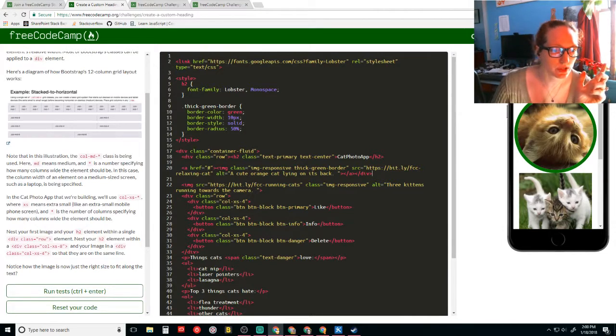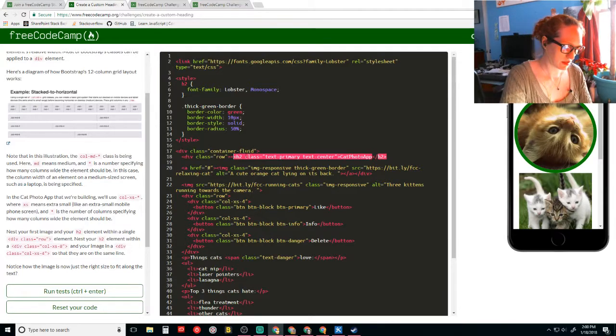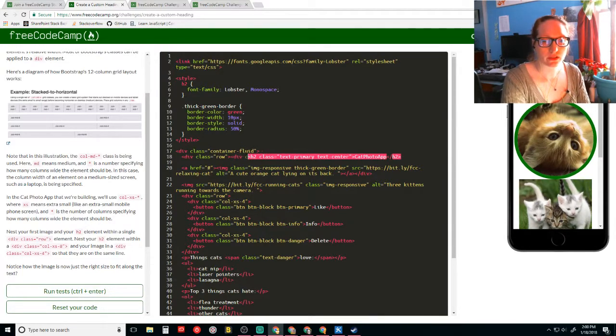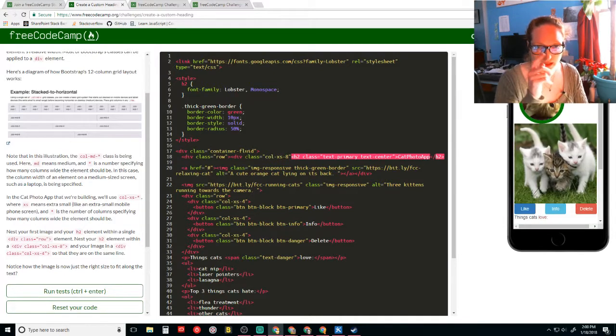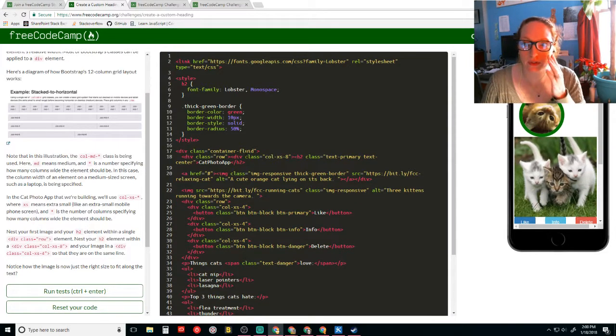That's the H2 element within a div class equals column XS 8. Yes. Boom.